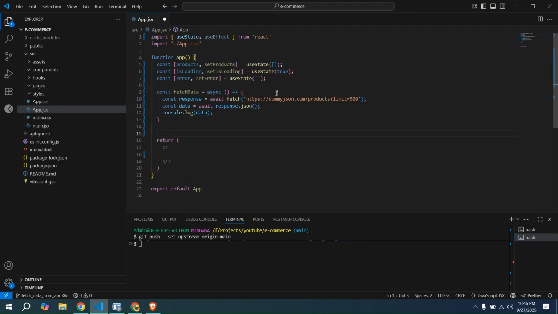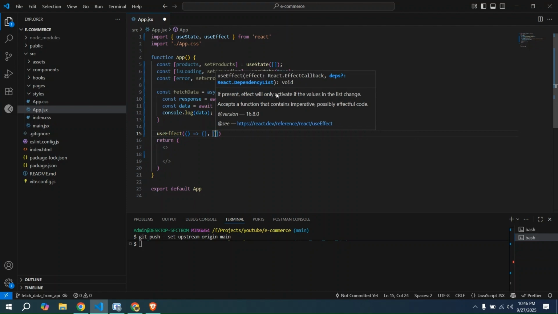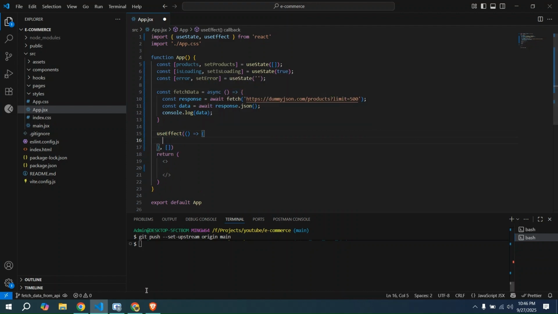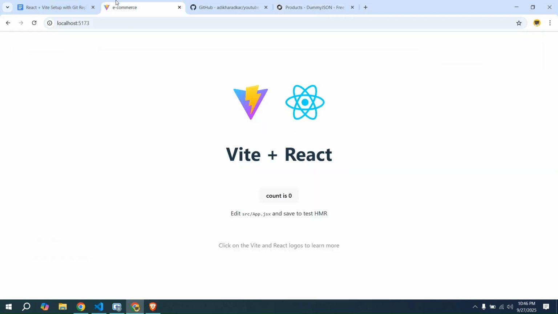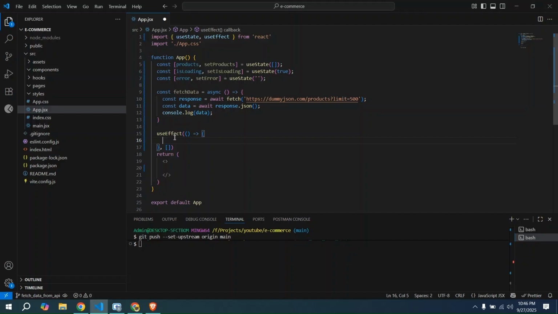and we will have to use the useEffect here because this is something which we want to do when the component gets rendered. Because when the user comes on this page, we want to make an API call when the user arrives on this page. So we'll make use of the useEffect hook, and I have passed the empty dependency array because I want it to get executed only once when the component is rendered, not every time there is a change